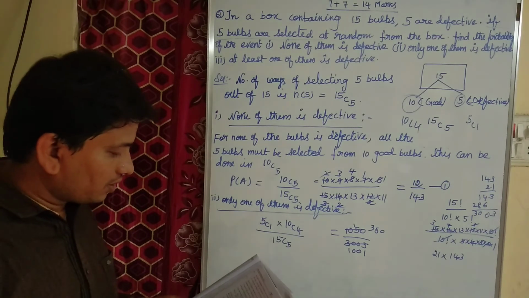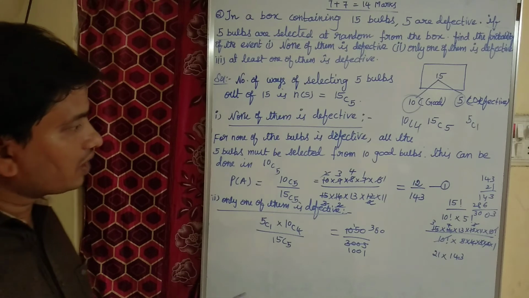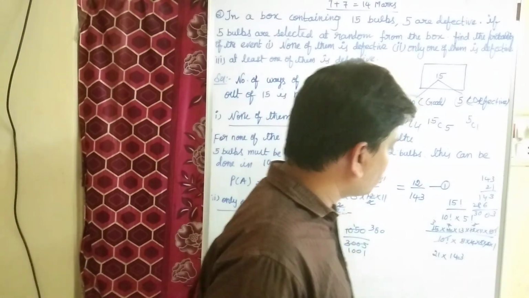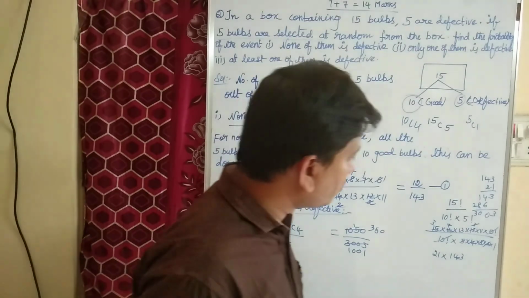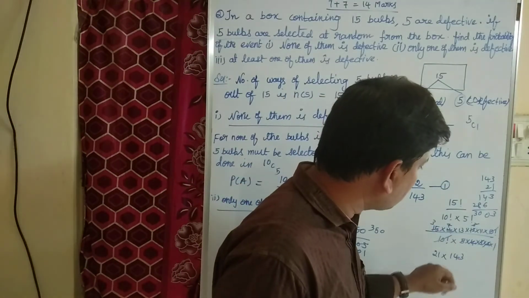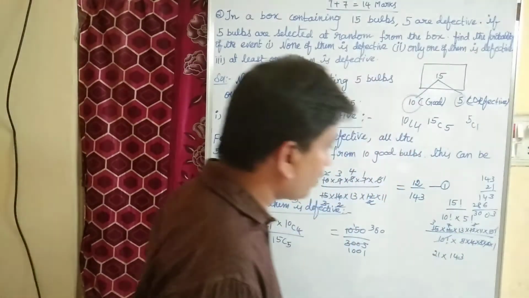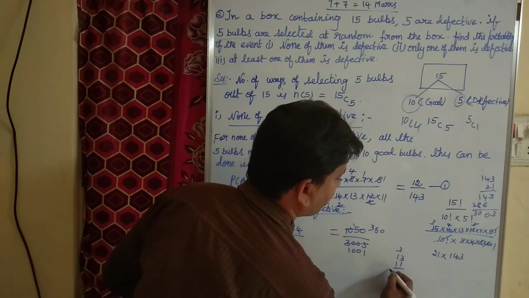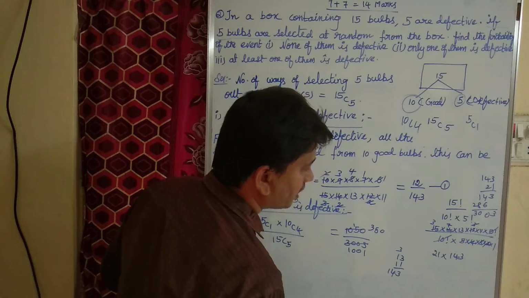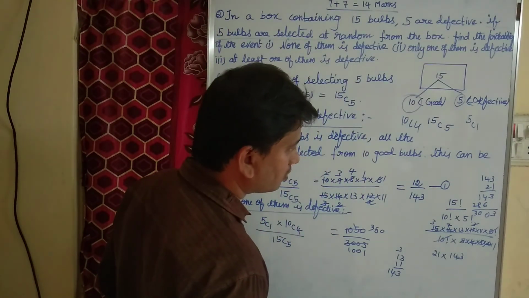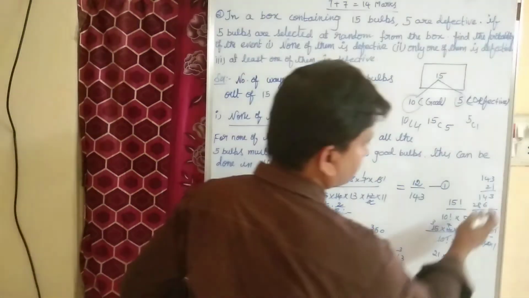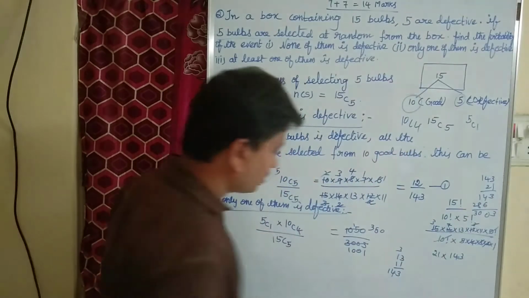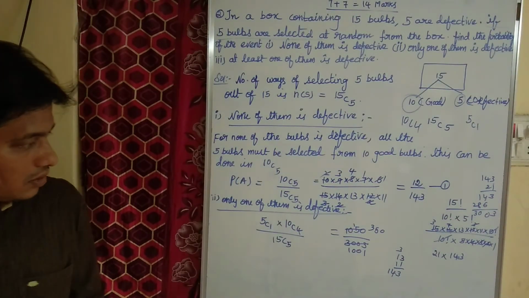1050 divided by 15C5. The 15C5 value is correct. N factorial by (n minus r) factorial into r factorial. So 10 factorial, 5 into 4 into 3 into 2, 3 sevens are 21, 21 into 13 into 11, how much? 11 threes are 33, 11 ones are 11, plus 3, 143. Yes, 143 into 21. 1 three is 3, 1 four is 4. Yes, 3 tens are 30, 3003.